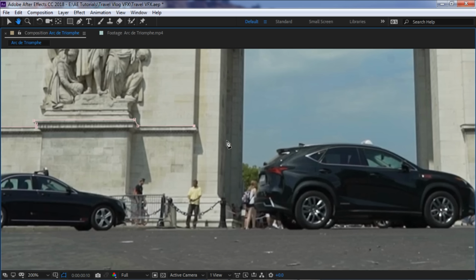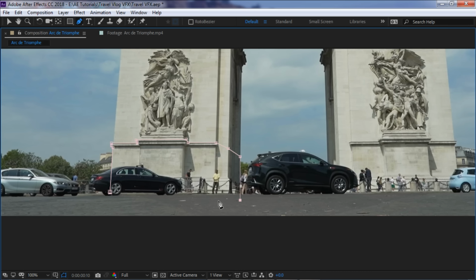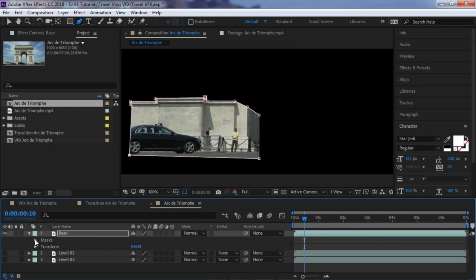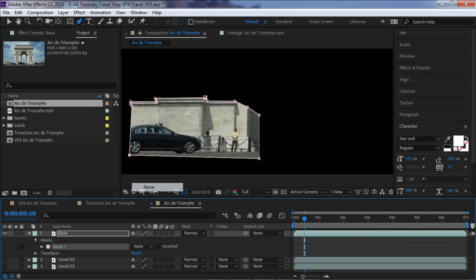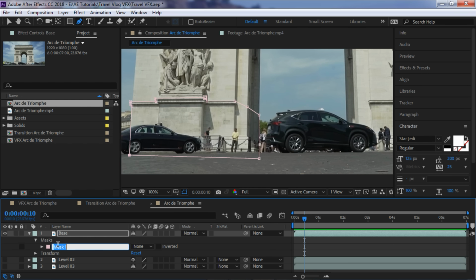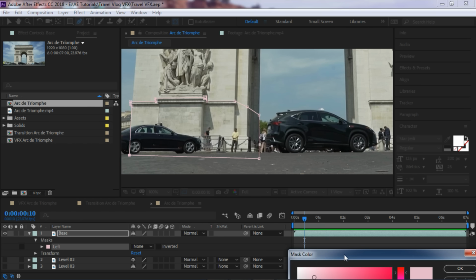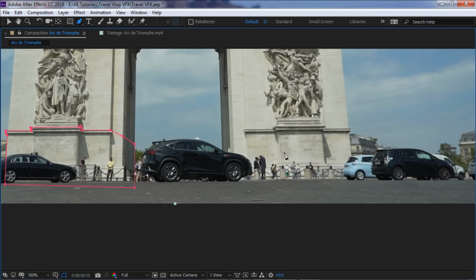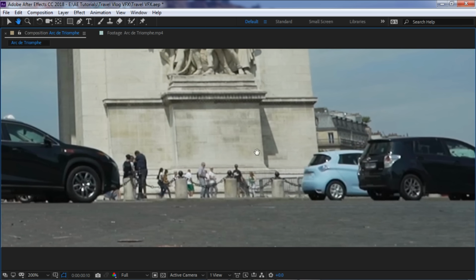Okay, I'm going to zoom out, and then about here, I'm going to create this little perspective. And I'm going to go to the mask settings, and for now I'm going to switch it to none, and I'm going to rename this to left. It's always good to name your mask because you know which one is which. Okay, I'm going to change the color so you can see it. Let's go back and create a mask for this side. So I'm going to go here,